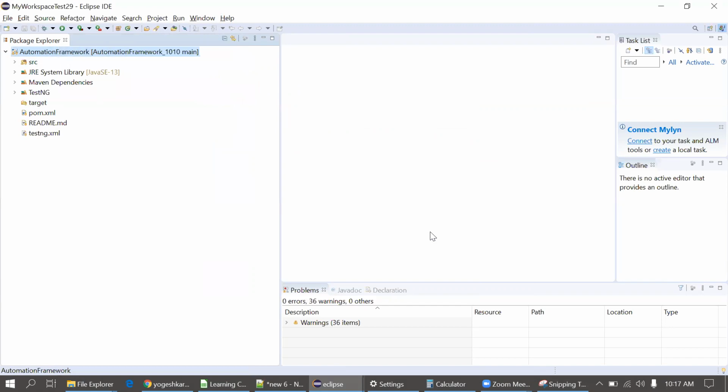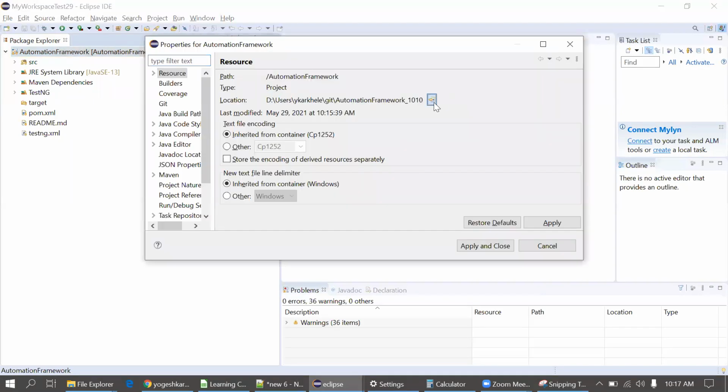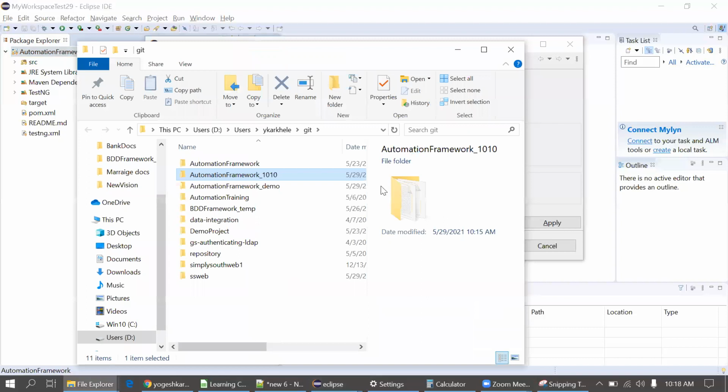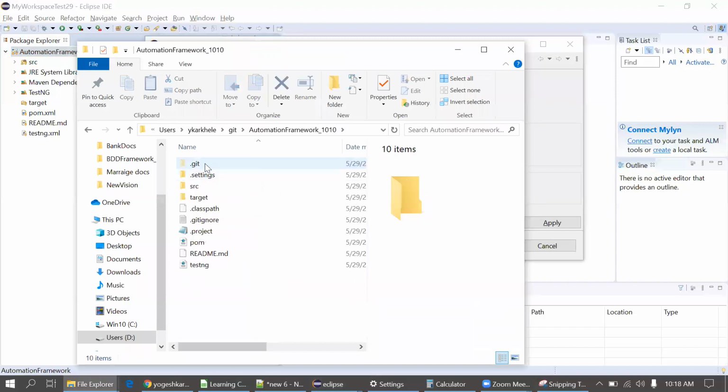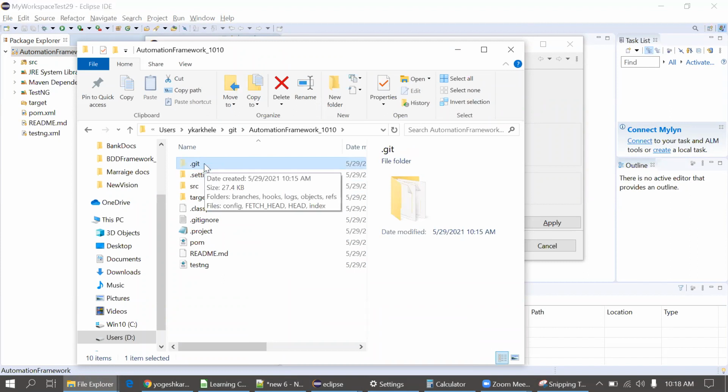Suppose after clicking the Share Project button you are not seeing this pop-up and you are not seeing the local working directory connected to the remote one. Then you always have to go to the physical directory, open it, and make sure there is a .git folder. The .git folder maintains all the information of that remote repository. If this folder is not present in this directory, you won't be able to connect to the remote repository. So remember this part as well: the .git folder, and why it is here.